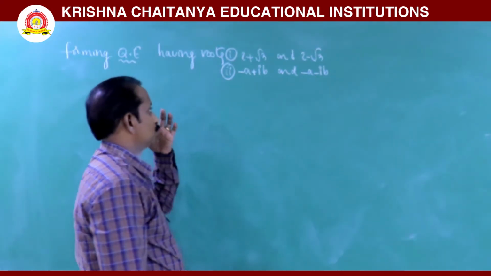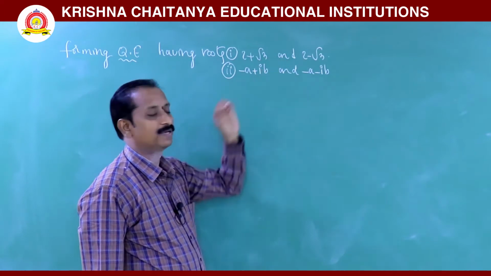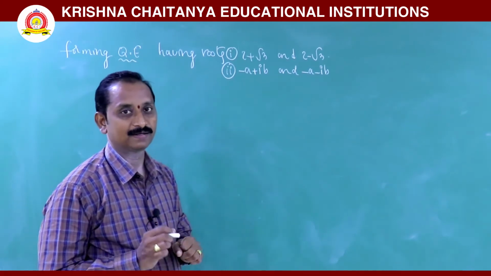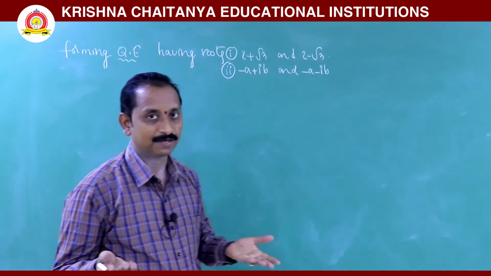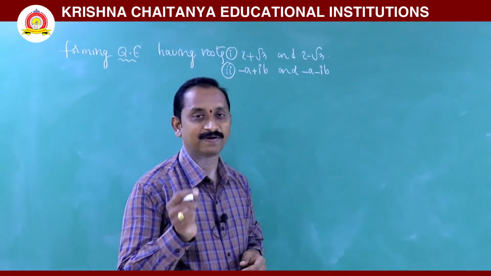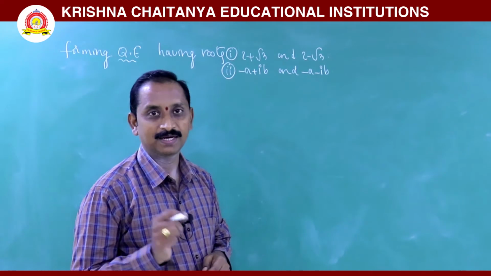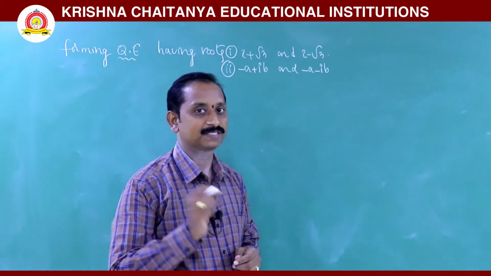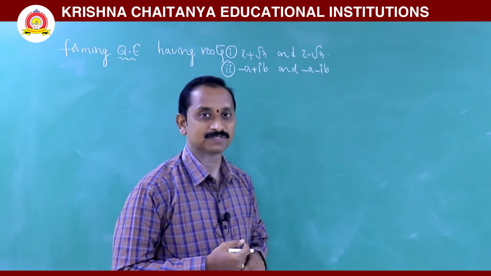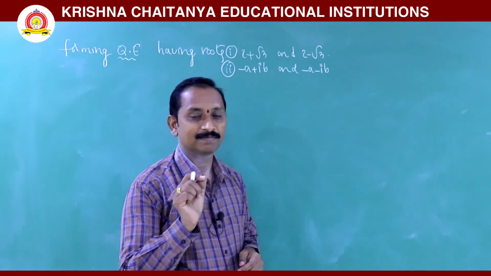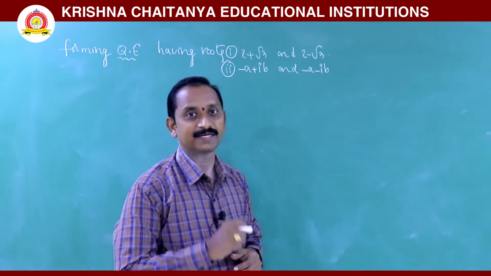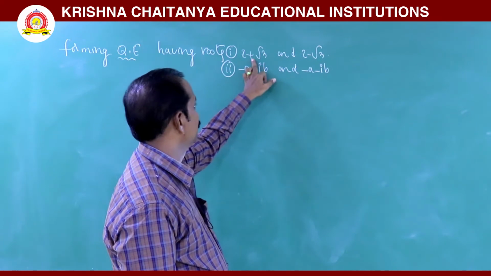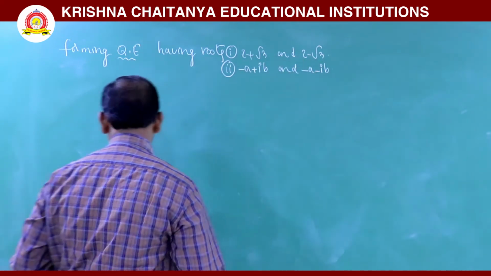In this problem, two roots are given. We are forming a quadratic equation. What we know is that when two roots are given, alpha and beta, the quadratic equation is nothing but x minus alpha into x minus beta is equal to 0. Otherwise, its simplification is x square minus x of alpha plus beta plus alpha beta is equal to 0. In other words, x square minus x into s1 plus s2 is equal to 0. Here, in the first question, 2 plus root 3 is one root, and the other root is 2 minus root 3.